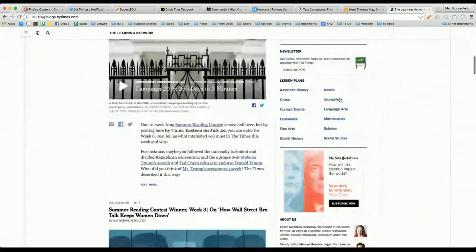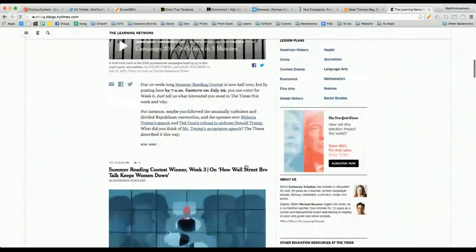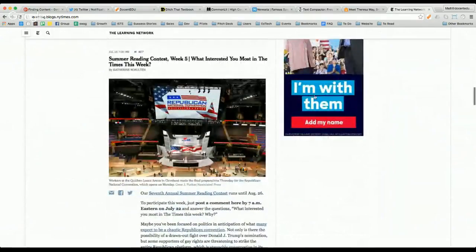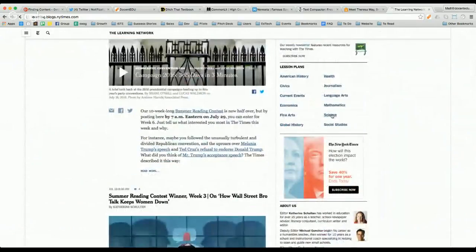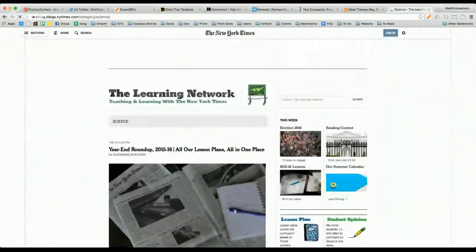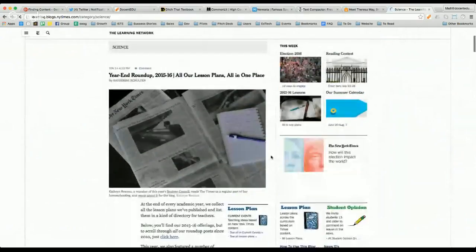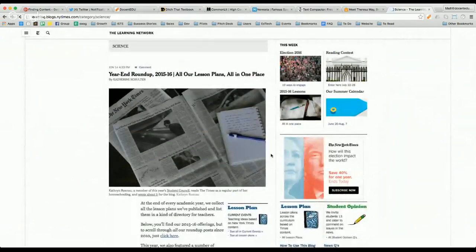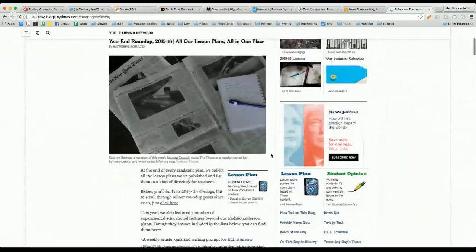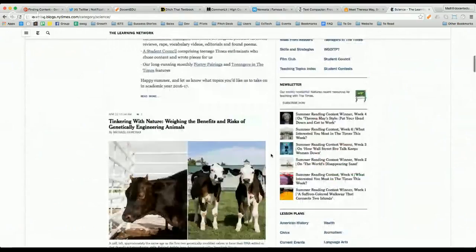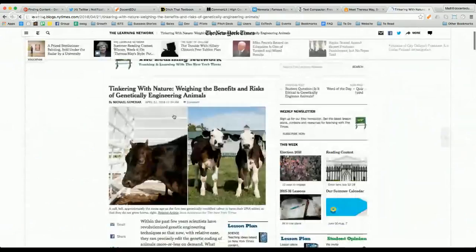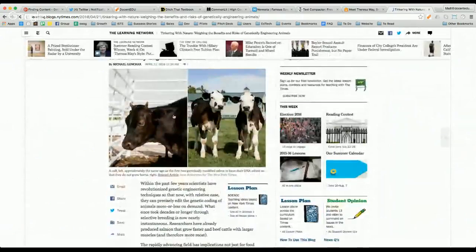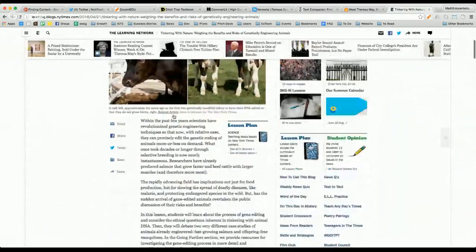And let's go down to... I used to teach science, so I'm always a sucker for the science ones. Yeah, let's go with this one. Here we go. All right, so I'm going to select one of our articles here. So this is the New York Times Learning Blog,